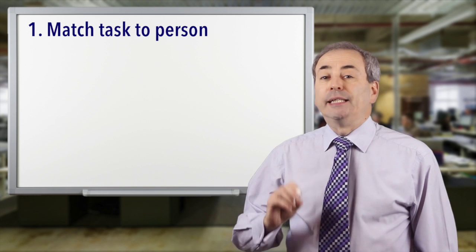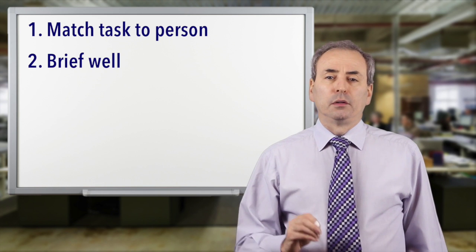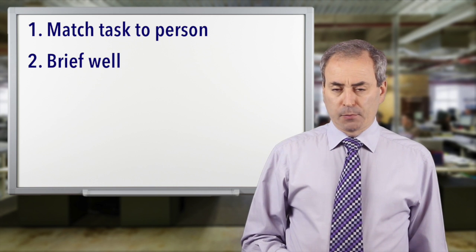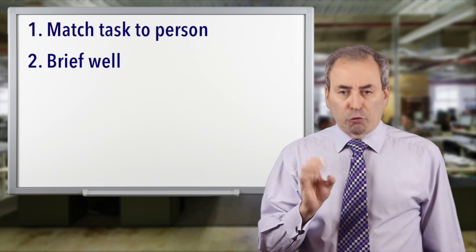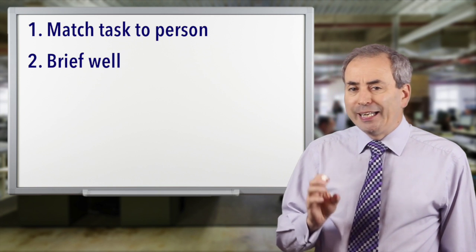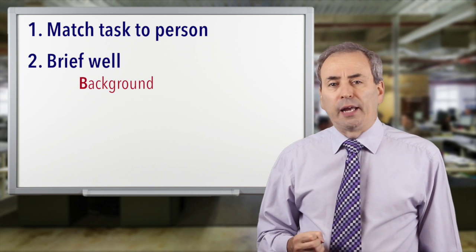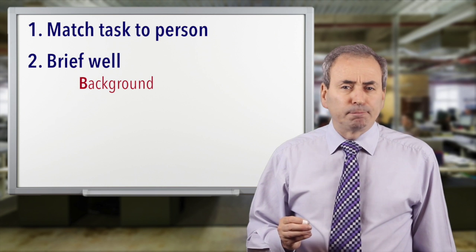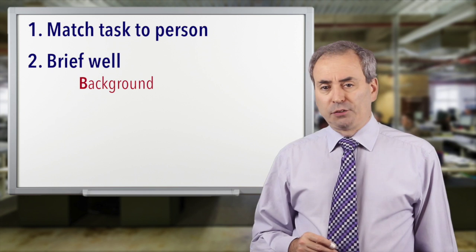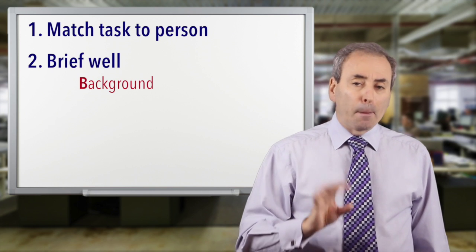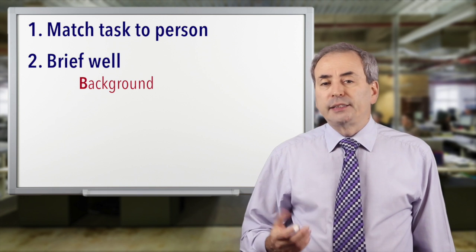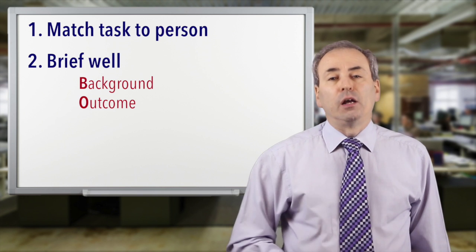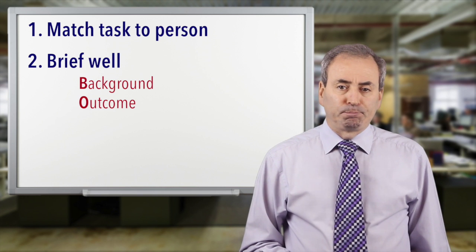The second important step is the briefing. You need to brief well to ensure that the person understands the role that you're giving them. There are 4 things that are always going to be crucial. And the first is to spell out to them clearly what the background is to the task, the context of the task. That way, when unexpected things arise, they can figure it out for themselves. They're less likely to have to come and ask you questions because they know stuff. The second is to spell out the outcome or the objective that you're setting them. What does complete, finished, done look like?